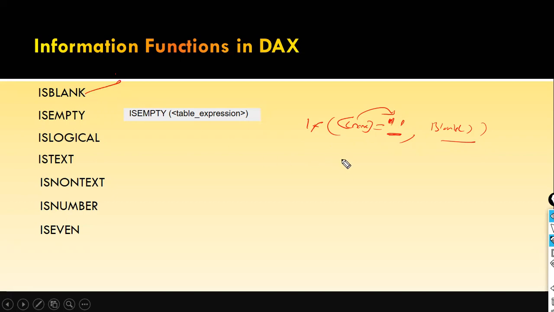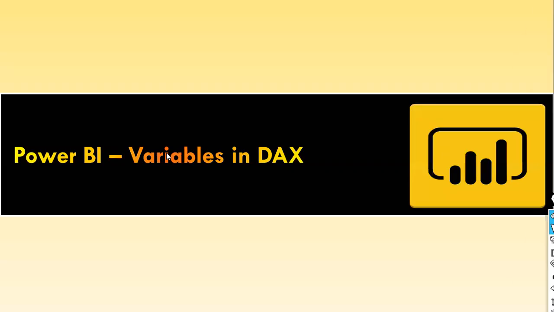Is blank here, the information function. For example, you have a column like quantity, right? Is blank quantity. If you specify it like that, if the quantity column is blank, you put 0, else quantity, something like that. So this is basically to address error handling. You can handle the errors something like this. Next one is variables. Anyhow, I'm going to discuss